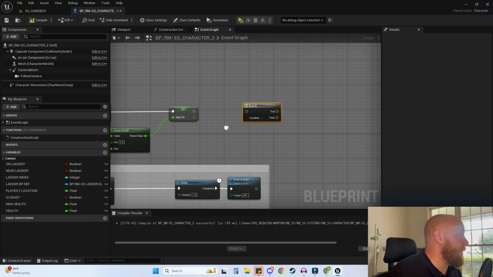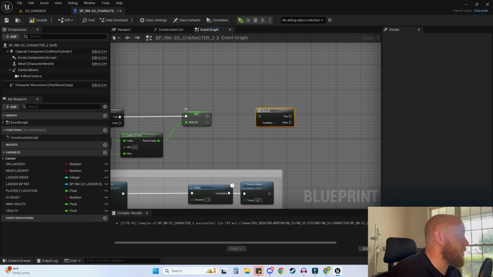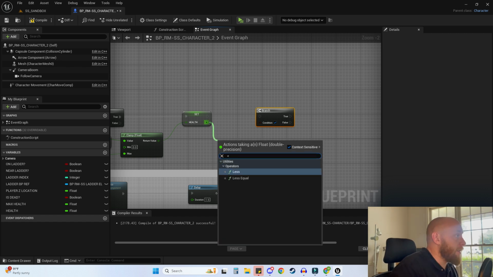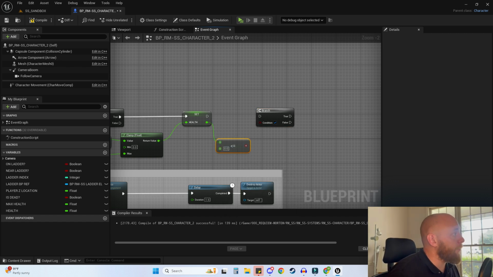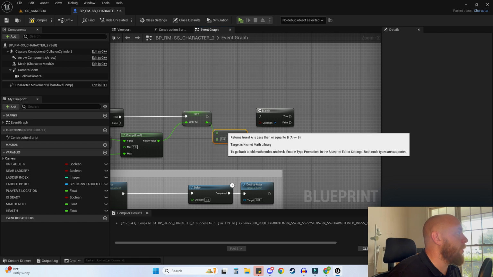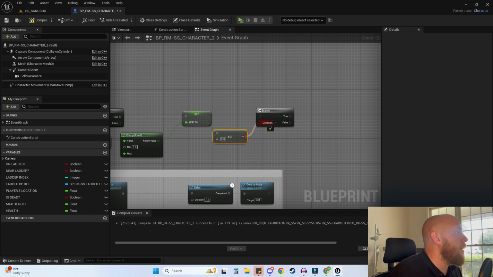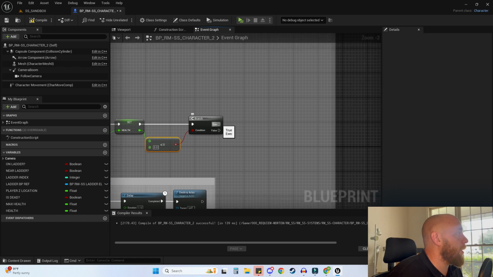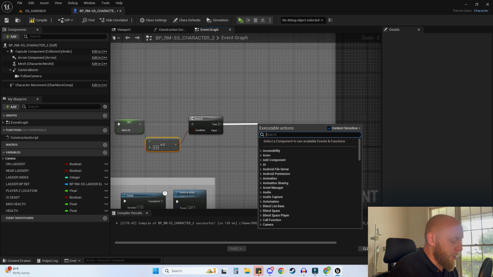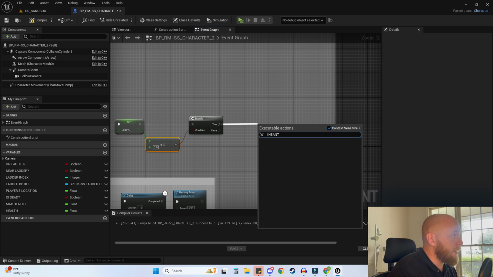And before we set that, we need a condition. So what we're going to do is, off of our new health value, we're going to do less than or equal to, and we're going to leave that value at 0. So if the new health value is less than or equal to 0, we're going to come off of this for true, and we're going to get our instant